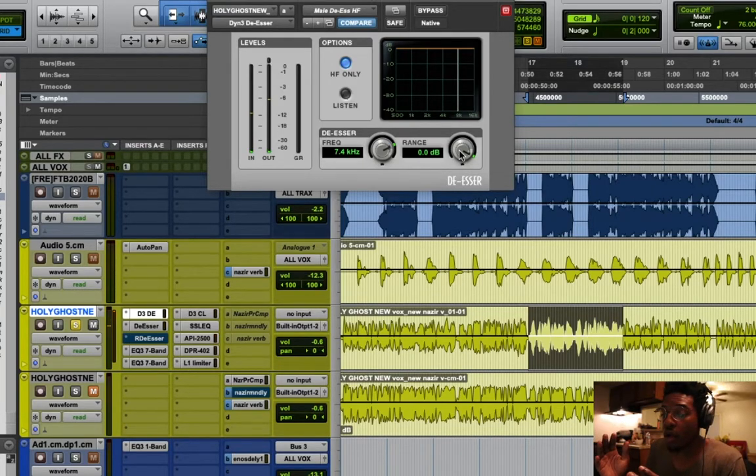It's telling the plugin, I want to pull back this amount of dBs. So if you're at -40,